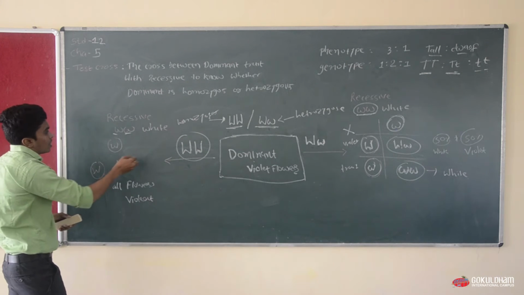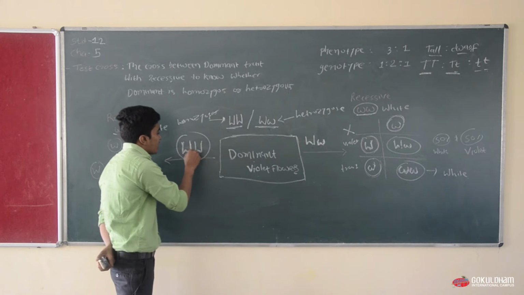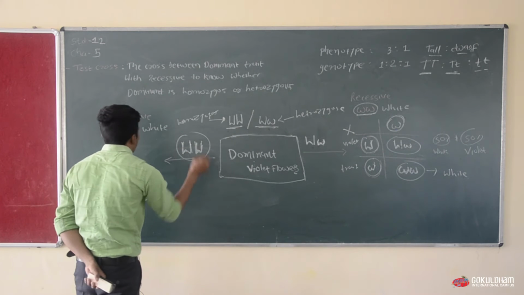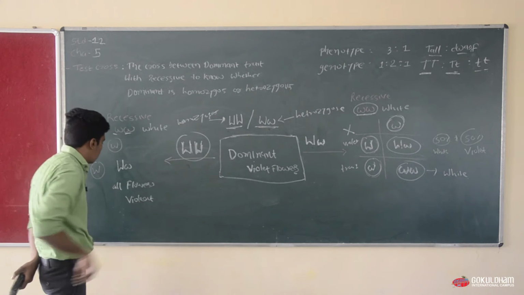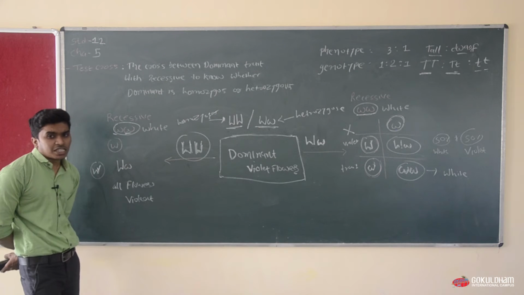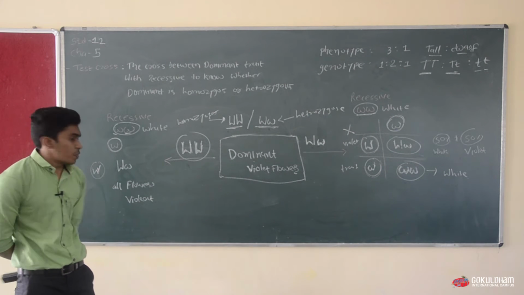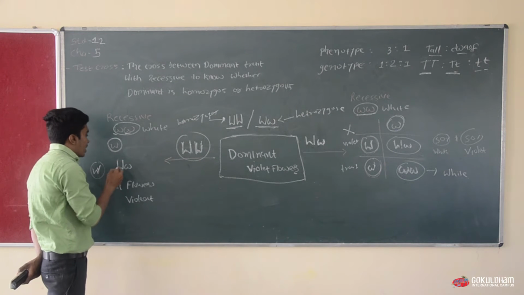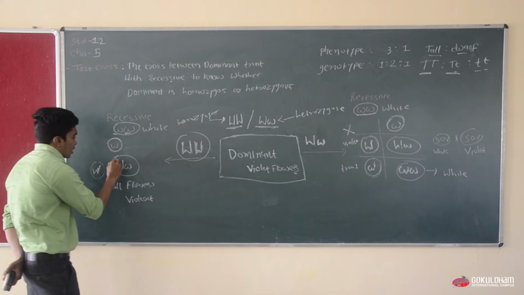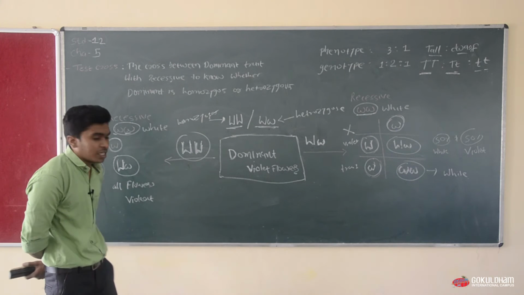Let's see here. Here it is present in homozygous condition. That's why it is produced, only one kind of gametes here, and this is also present in a homozygous condition. That's why this also produces one kind of gametes, and at the fusion of gametes, it will produce heterozygous dominant, as you can see here, which is responsible for formation of